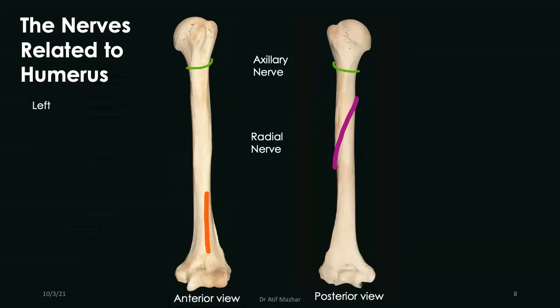And then in the lower part, in the anterior aspect of my lower humerus, there is a nerve which is descending downwards in front, and that one is nothing but my median nerve. And then one last thing, which is going behind my medial epicondyle, and that is my ulnar nerve. So these 4 very important nerves are closely associated with this bone.